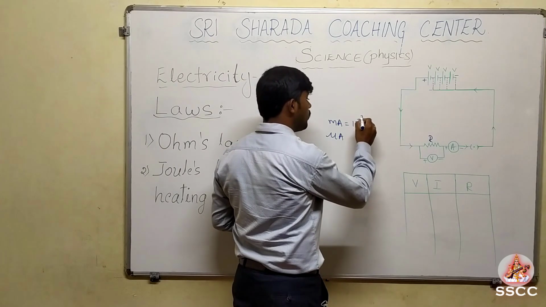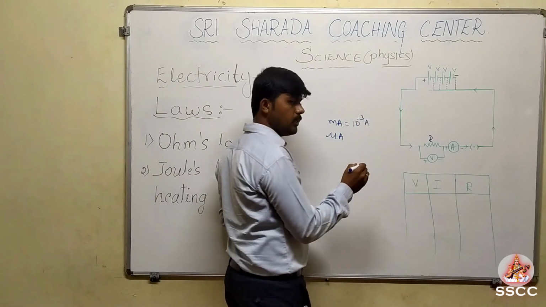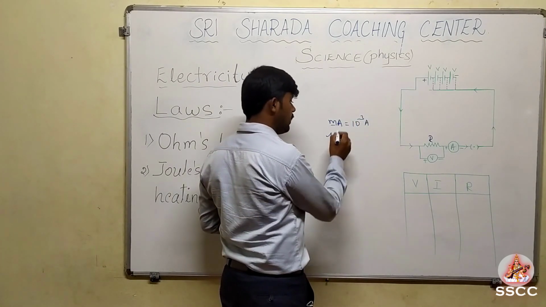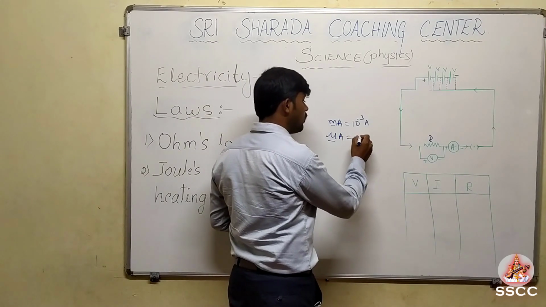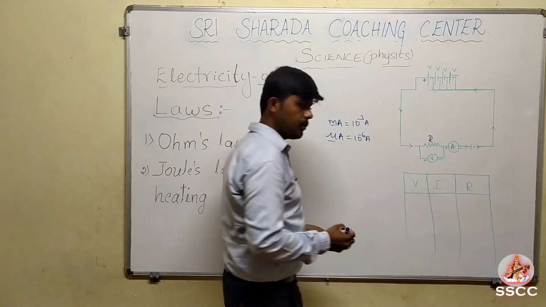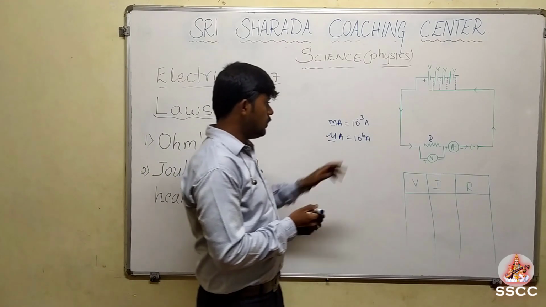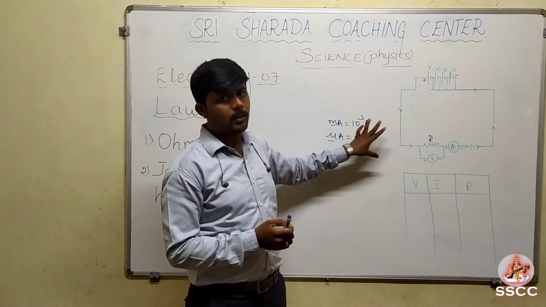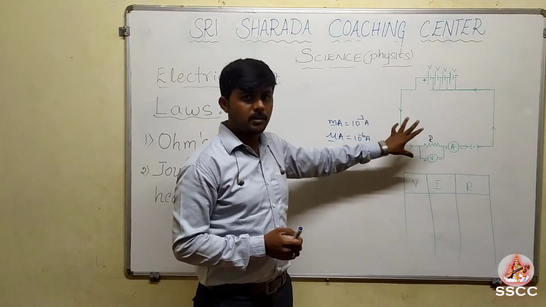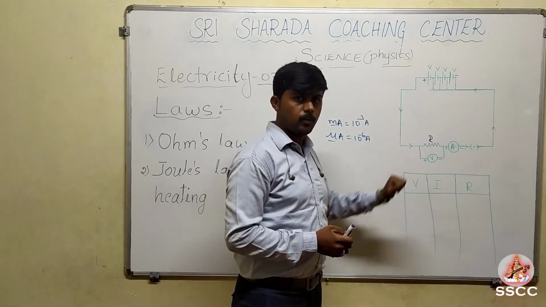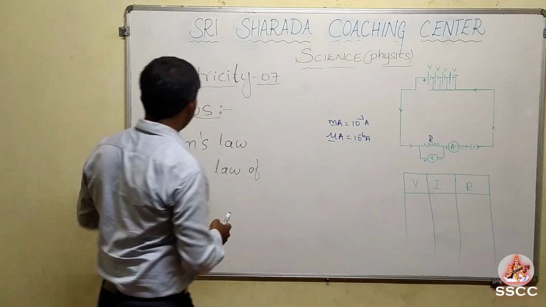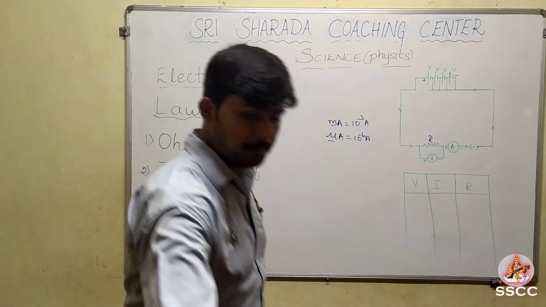Milli means 10 to the power of minus 3 ampere. Micro means it is in the order of 10 to the power of minus 6 ampere. This is the order. These types of ammeters we can also use. It depends on the circuit, how much electric current is flowing through the circuit. And now we can observe